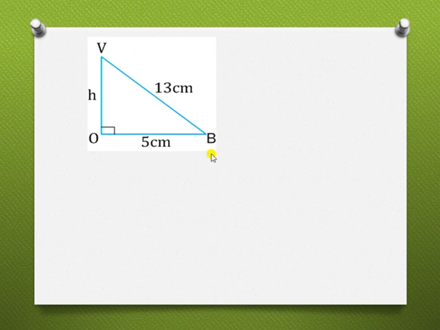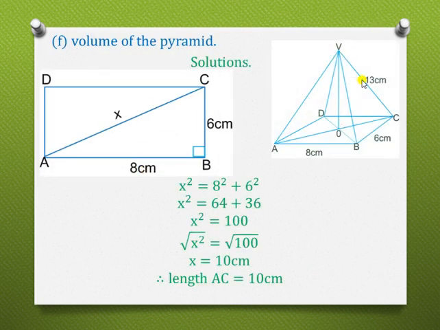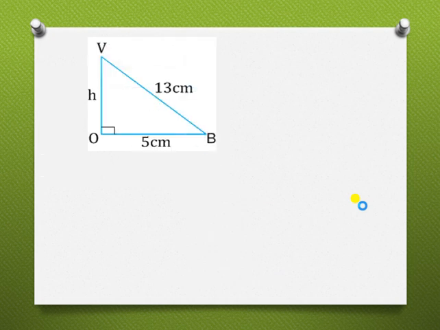Now the next question wanted us to look for the height VO. But if you go back to this original diagram here, VO is given here clearly. But for us to get it, we're either going to extract triangle VOB or VOC or VOD or VOA. Remember, they are all right angle triangles making a 90-degree at point O. So in this case, I'm going to consider triangle VOB, and if you look at it, we had OB as 5 centimeters,